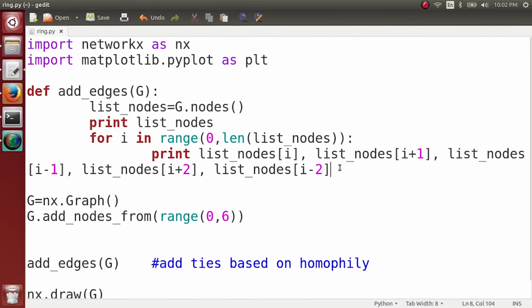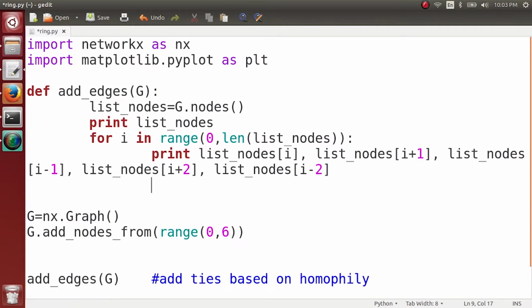Okay. How do we resolve that? When will I plus 1 cause a problem? You can say that I plus 1 will create a problem when you go to this element. So the last element of my list will be n minus 1, where n is the number of nodes. The last element is n minus 1, and it will create a problem when it has to connect to list nodes